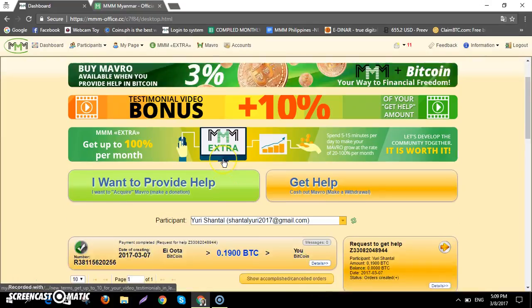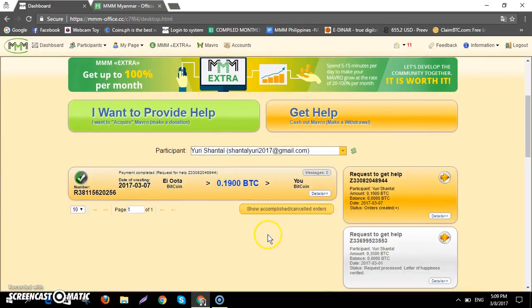The last video that I created is how to ask GetHelp. This time around, as you can see here, my GetHelp already got an assignment, and it indicates that the provider paid me the amount that I requested last time. When you see a half check green like this, it means the provider attached screenshots of his or her payment to us.